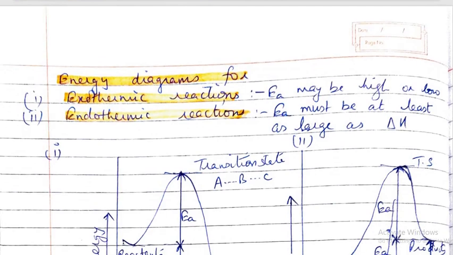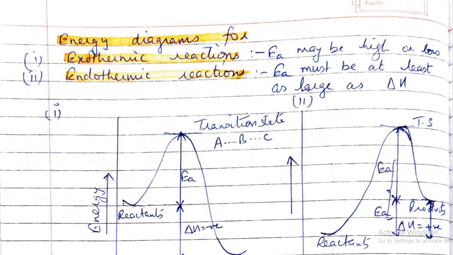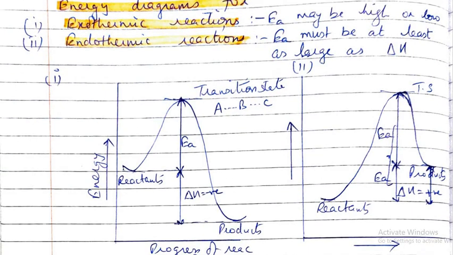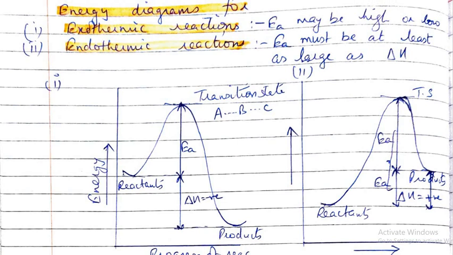So next are the energy diagrams for exothermic and endothermic reactions. As we have already done, what are energy diagrams or energy profile diagrams? They show how the reactants get converted into the products through the transition state or energy barrier. Now for exothermic reactions, as we have already discussed, energy is released, as the products will have less energy than the reactants. So in exothermic reactions, energy is released, that is, this diagram shows the exothermic reaction.